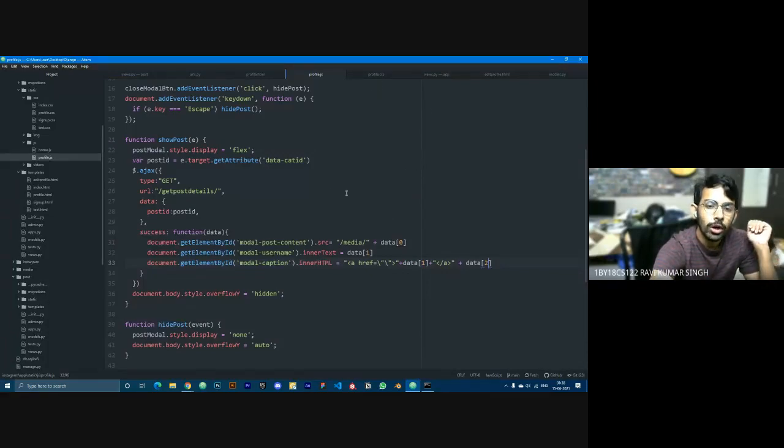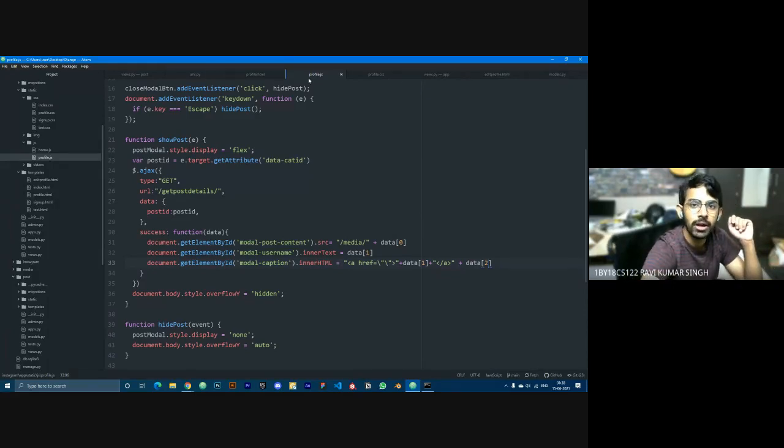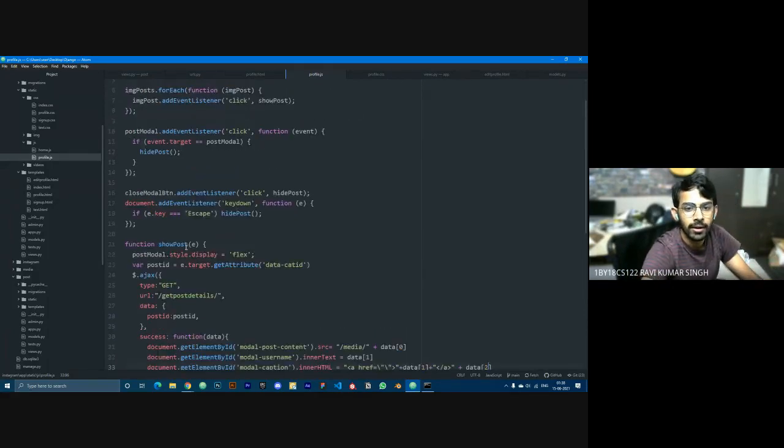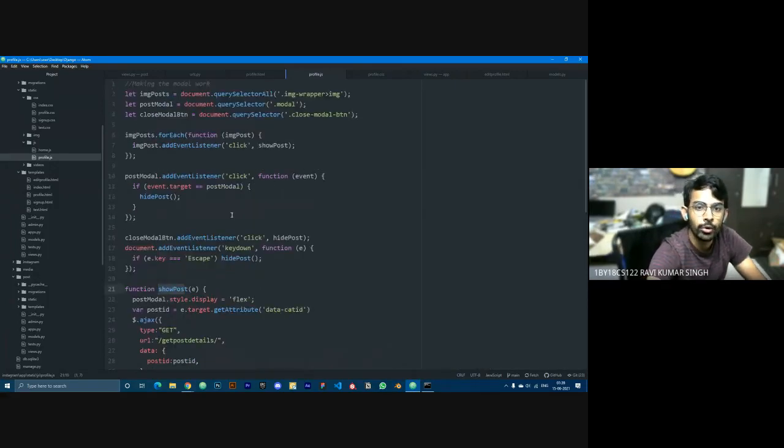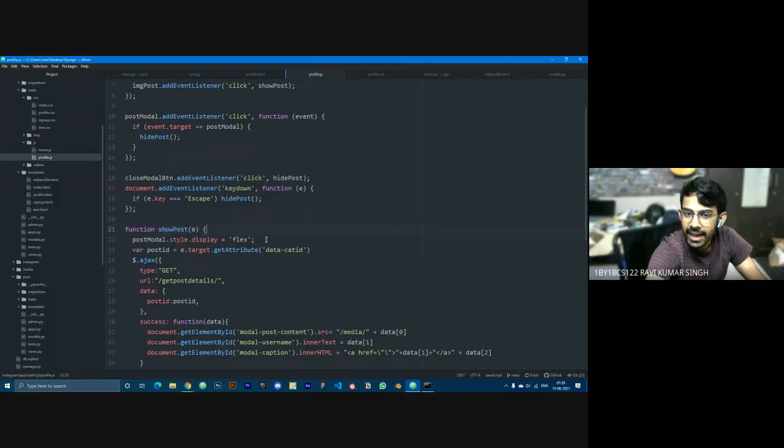So what we did was, initially, we understood the show post, where on clicking, the modal was getting opened. There we saw it is displaying flex. That is fine. Now we wanted to get all of the details. So first, using the event, where we get all the details about the event listener, we use dot target dot get attribute.